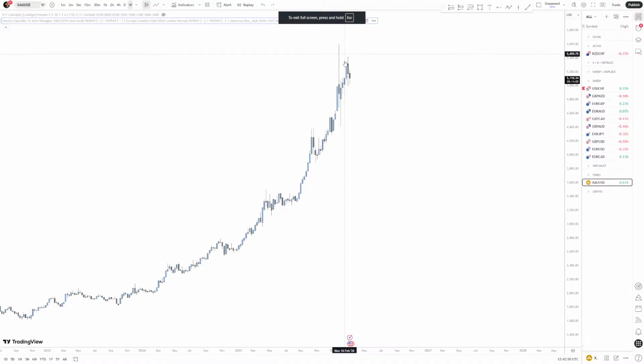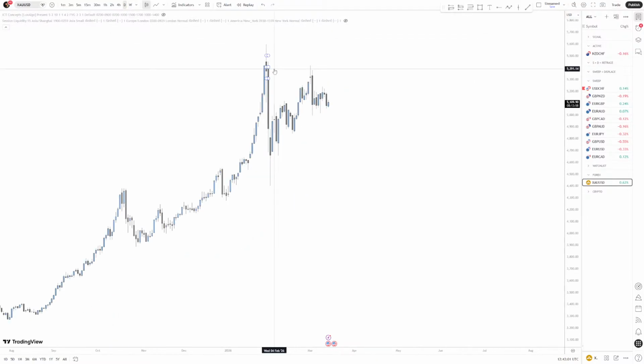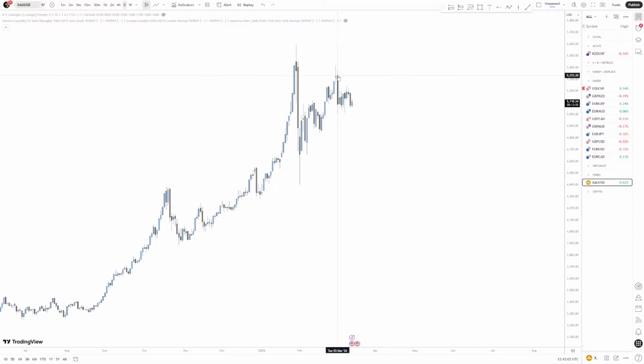So the weekly bias, you can see that we're pretty much creating higher highs, higher lows. We also have some rejection over here. So two of these candlesticks have wicks of rejection to the upside. On the daily, not really that clean, but you can see this huge displacement and this consolidation. We're consolidating within kind of this range right here.